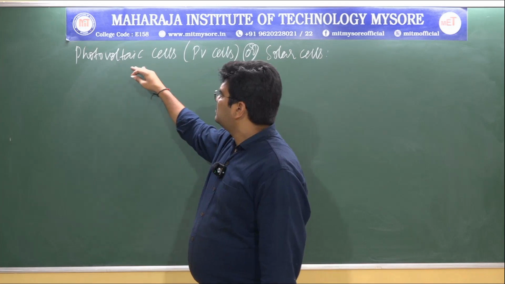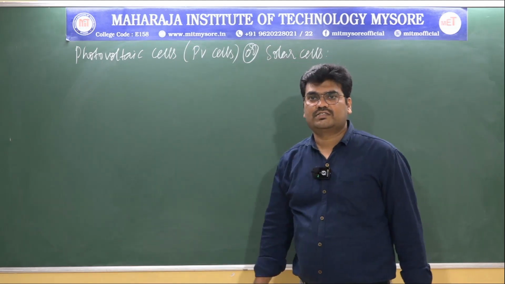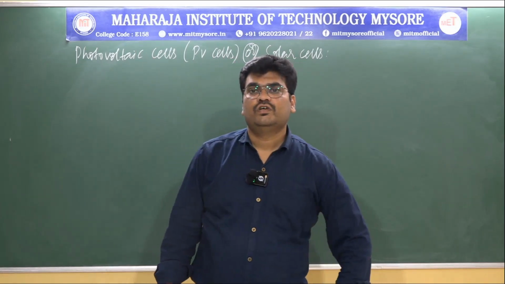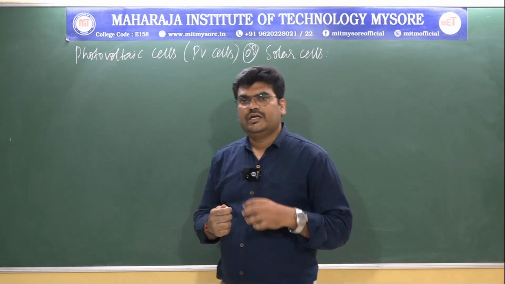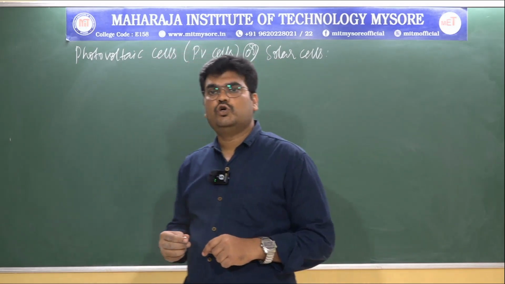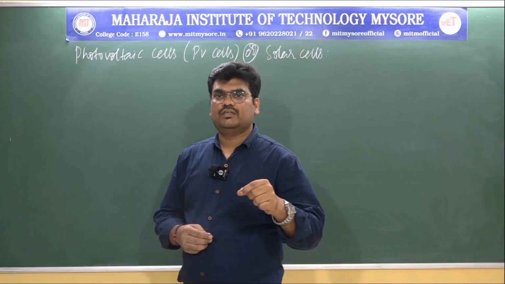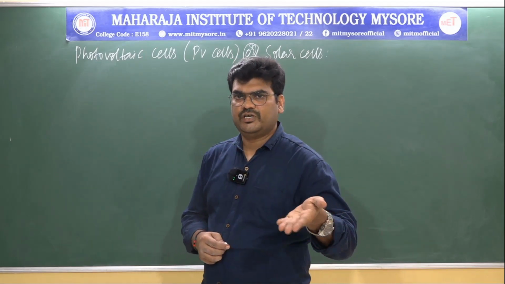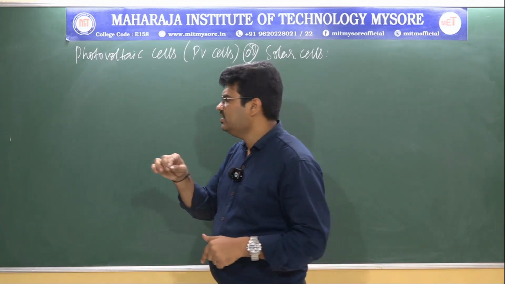So here we can discuss the construction, working, applications, that is advantages and disadvantages of these photovoltaic cells or solar cells, right? If you come to the construction, as I already told, these photovoltaic cells are made out of semiconductors which have the capacity to absorb light. A typical silicon photovoltaic cell consists of a thin wafer with an ultra thin layer of phosphorus doped silicon on top of boron doped silicon so that a p-n junction will be formed, right? Phosphorus means pentavalent dopant, that is n-type silicon on top of the p-type silicon, hence a p-n junction